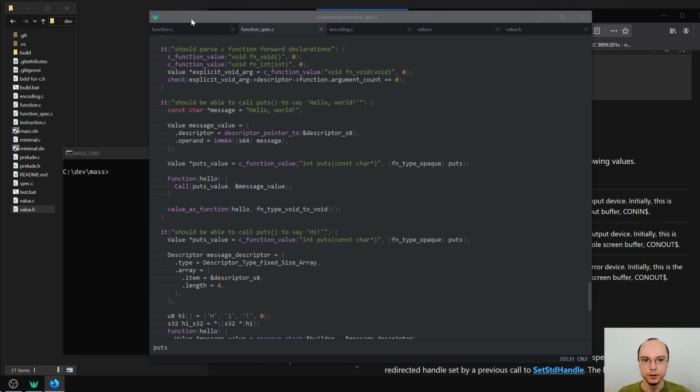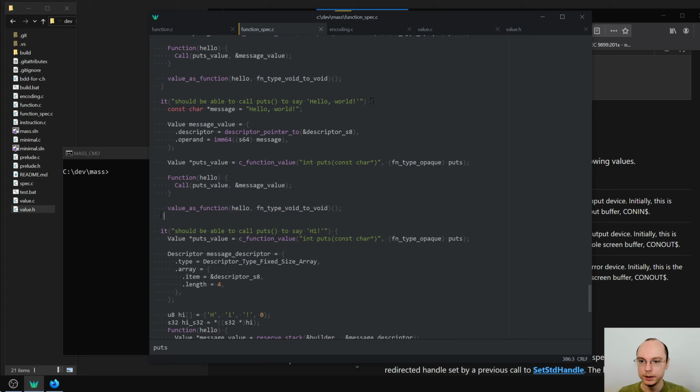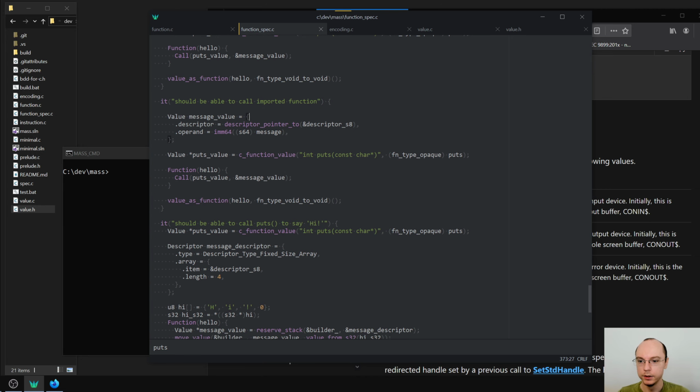we can use that. So basically, I just want to have a function that will proxy to get std handle, and should be able to call, let's call it imported function, and we want a function, so